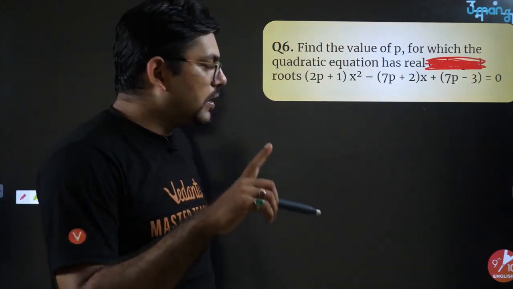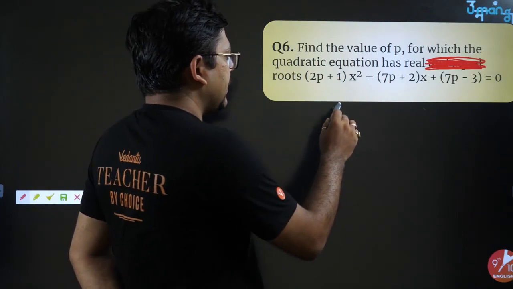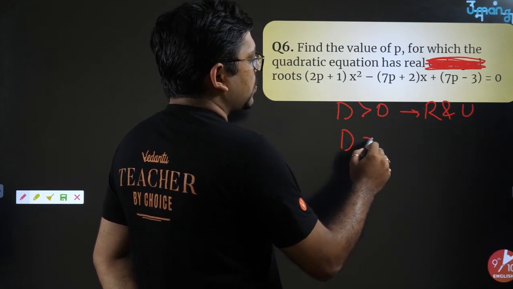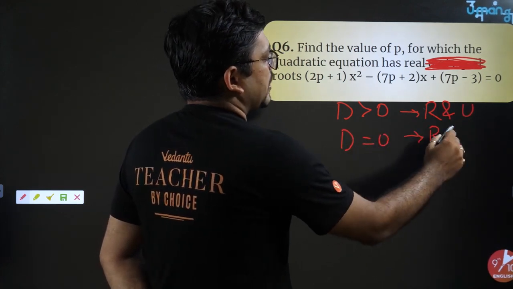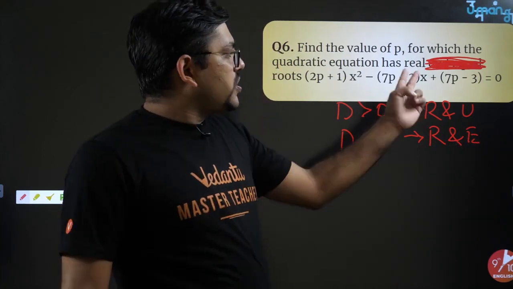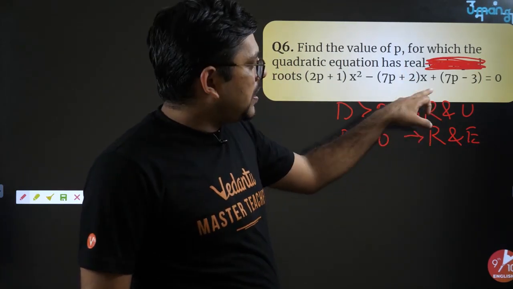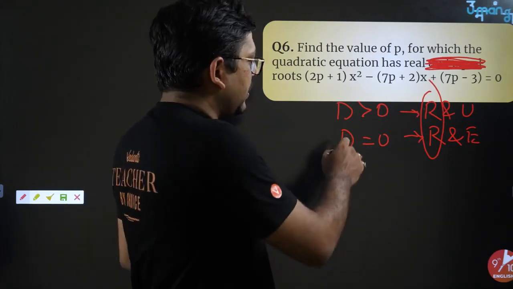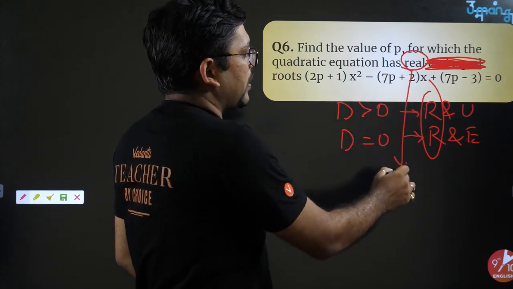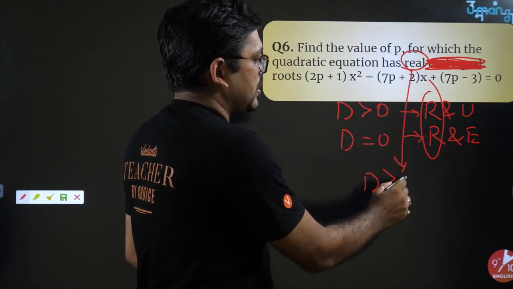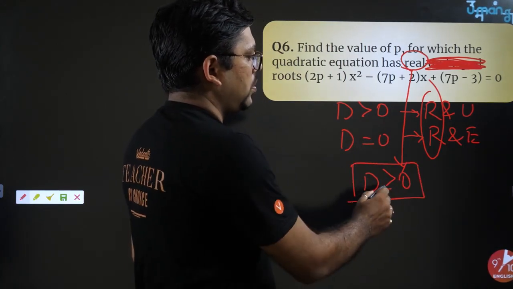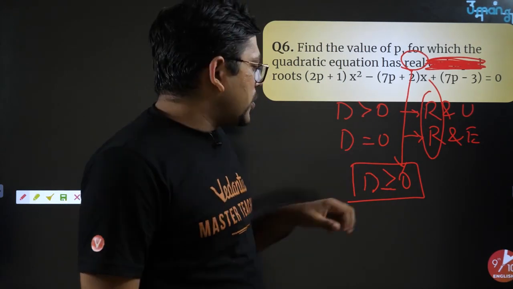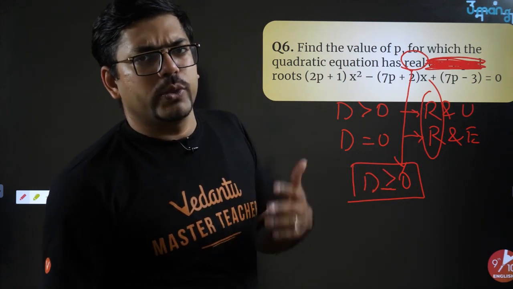So I hope you might be understanding that when we were studying discriminant, D greater than 0 used to give me real and unequal, and D equals to 0 used to give me real and equal. But if the question is saying only real, it can be either the first one or the second one, both can be true. So you have to understand that if the question is asking only real, you will write not this, but the combination of this: D greater than or equal to 0. Fine, written. Okay, that's cool, pretty cool.